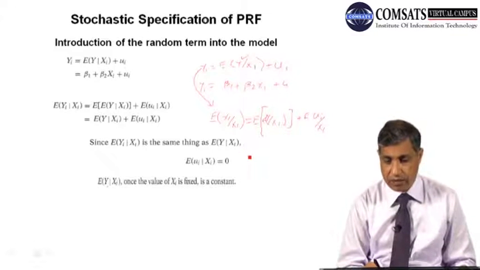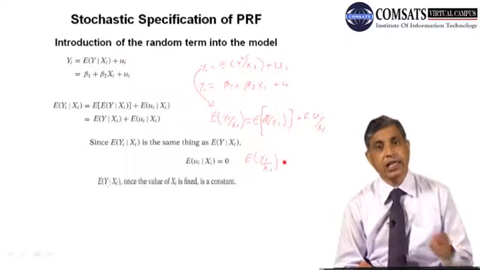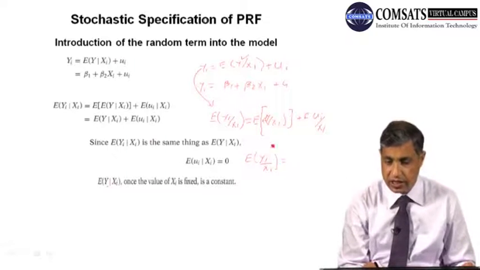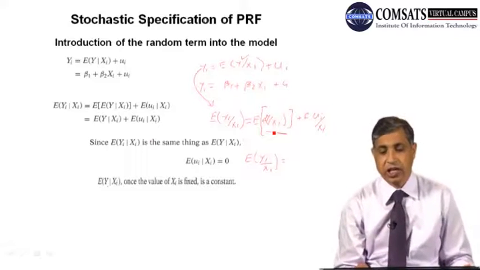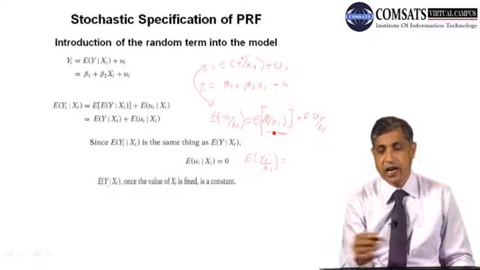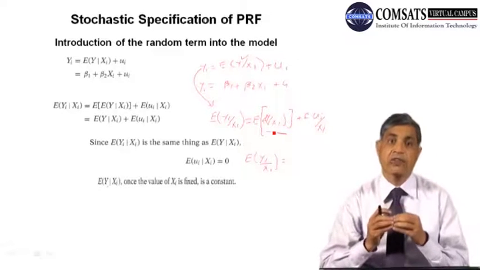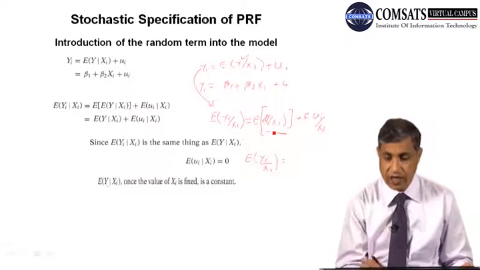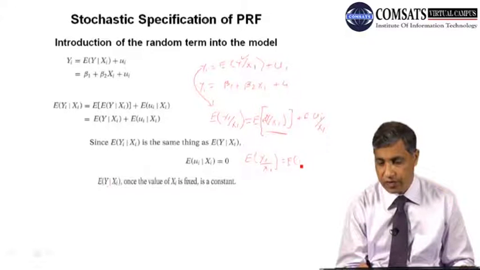So what this means, it will become the expected value of yi given xi on the left hand side, and as I said, the expectation of a constant. Now this is the constant, because we have applied the expectation already in the bracket, and the conditional expectation of any constant is always equal to the constant itself. So it will be equal to, now this is the constant, expected value of y